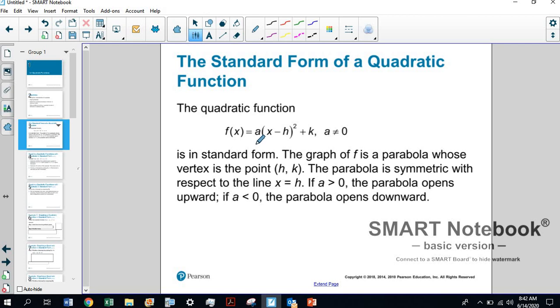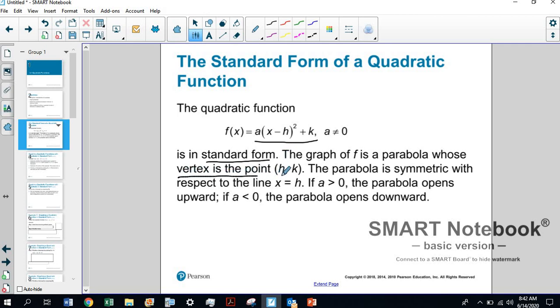f of x equals a times (x minus h) squared plus k. A can't be 0, but it can be any other real number, positive or negative. This is what we call the standard form of a parabola, of a quadratic. If you have a quadratic in this form, then the parabola that goes with this quadratic function has the vertex,